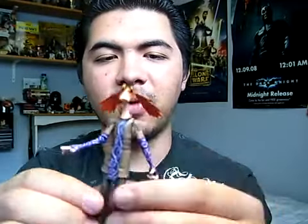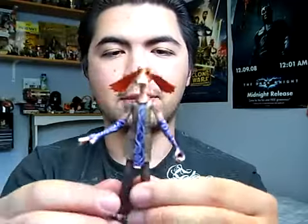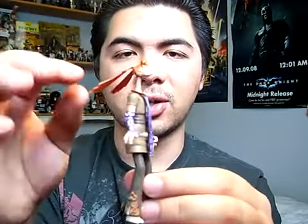Even if there aren't some of the standard basic articulation in the other figures, it still works well for this figure because it is Jar Jar, and they kind of make up for the lack of articulation in other places where other figures have standard articulation. So not bad at all, and I like his ears that they're all